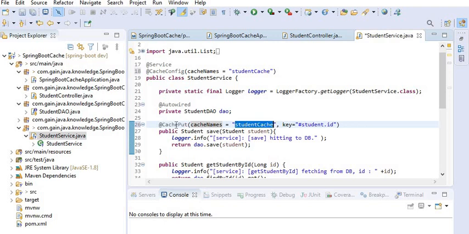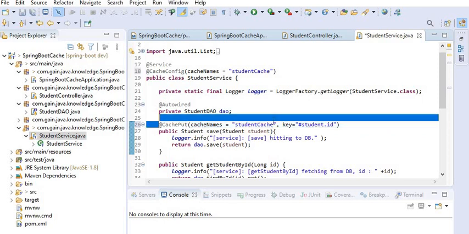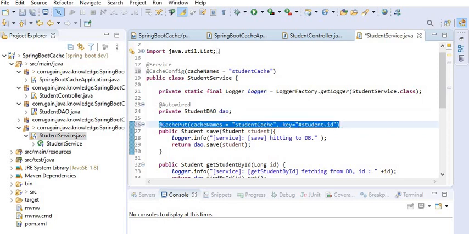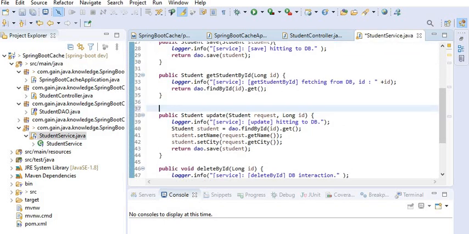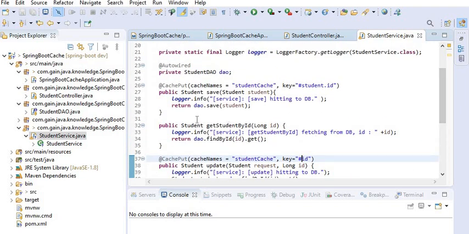So we have defined here the @CachePut annotation while performing the save operation. The same annotation we will use on update. While we are updating the student record, we will use the same @CachePut annotation, and here we just need to define ID as a key. So at the save function and update function we have used @CachePut,